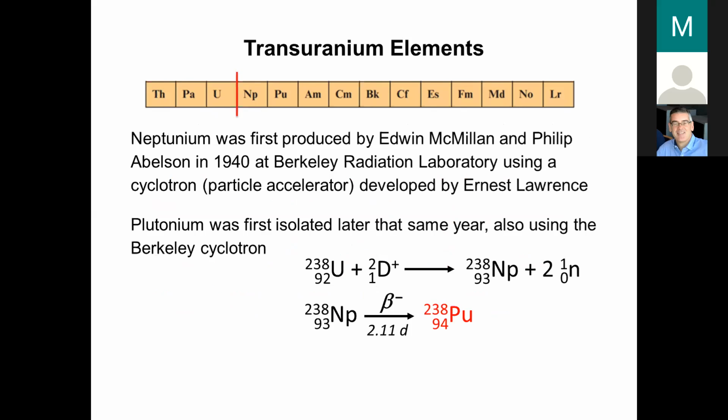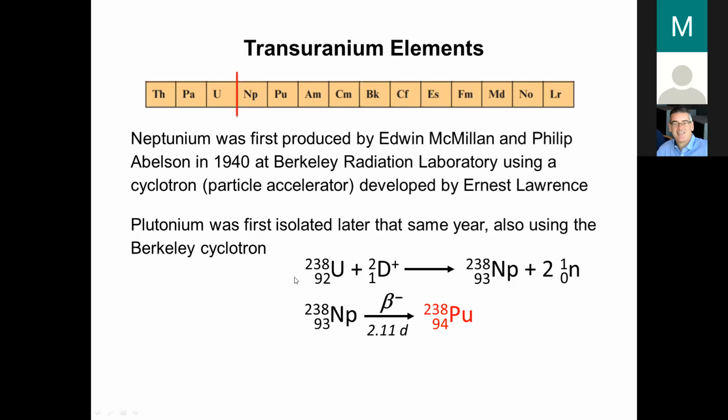And the first of which, neptunium, was found in 1940 at the Berkeley Radiation Labs by McMillan and Abelson by using a newly built cyclotron particle accelerator that could be used to bombard a